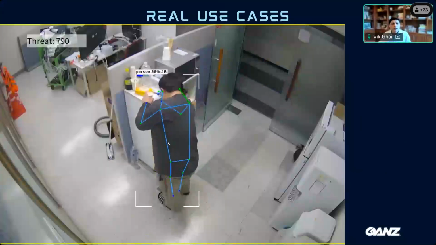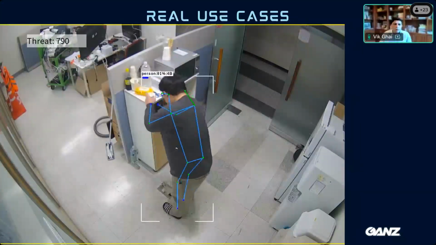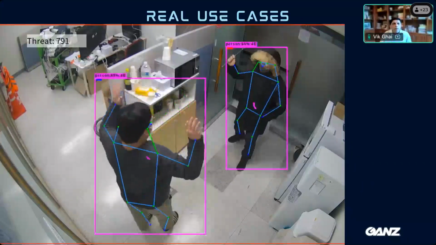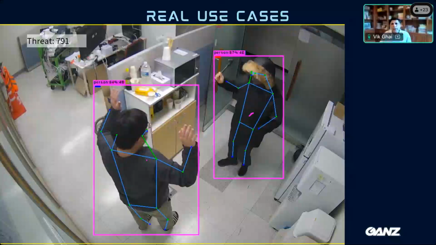Let's look at another scenario. In this scene, we're looking at a typical office space. It's a work day, employees are moving about. Suddenly, the AI box detects an alarming situation unfolding. A person enters the frame, and the AI immediately notices something unusual. The individual is carrying an object that is identified as a potential weapon. The employee is not standing in their natural position anymore.